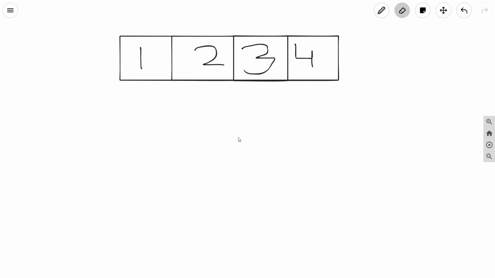So for the first input, they have given the difference as 1. So basically the difference is nothing but 1. So let us say difference is 1. Okay, so what we can do, you can see that this array is itself an arithmetic sequence, and the difference is coincidentally 1. So our answer will be 4. Okay, so for this case answer will be 4. But how can we solve this question?